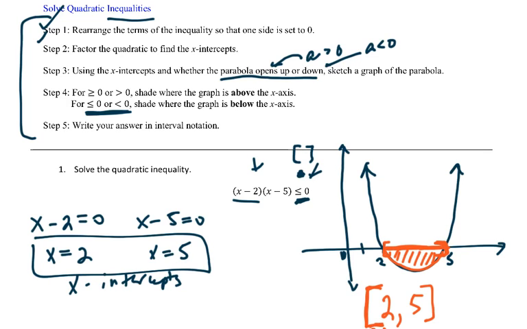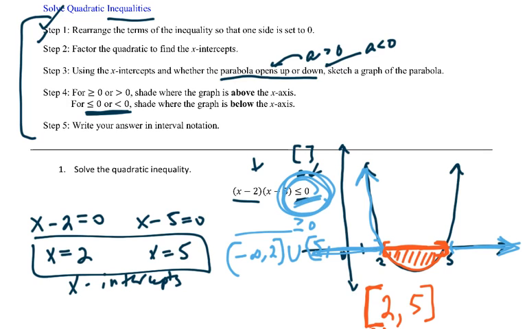If it were, where is it above the x-axis? What if it's greater than or equal to 0? Same parabola, same information. Then you would have ended up having the intervals from negative infinity to 2, unioned with 5 to infinity. So because this is above the x-axis for all of these x values. Anyway, I guess my point is make sure you're looking really carefully at your inequality